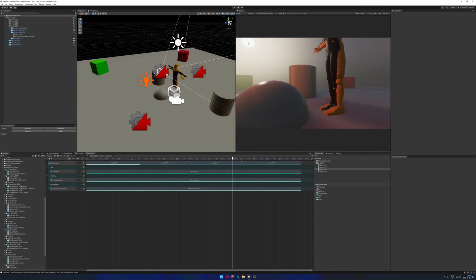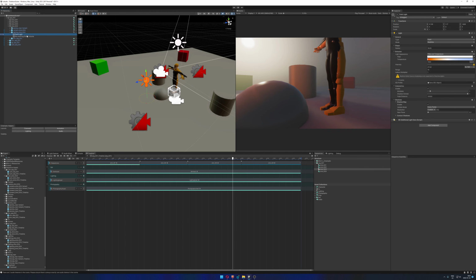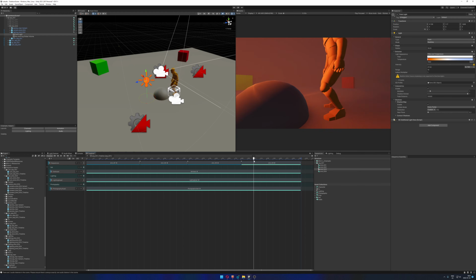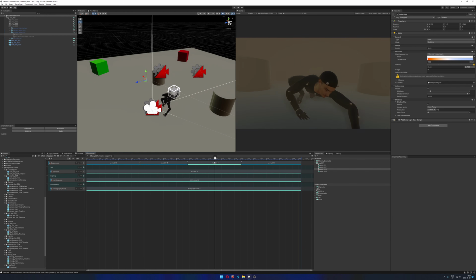Okay, definitely something's going on with that one. That is a directional light. I don't have a directional light in this shot anymore. I guess it's coming from,